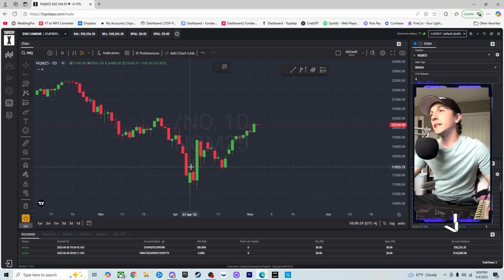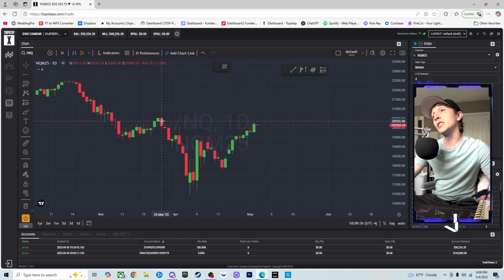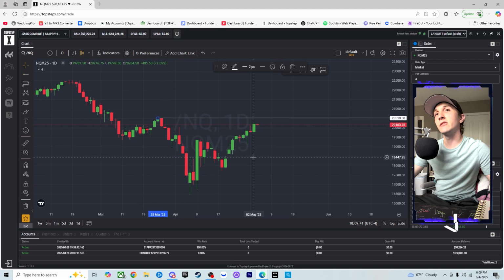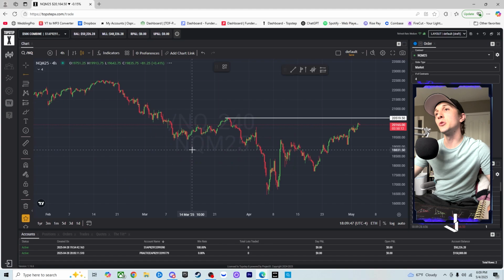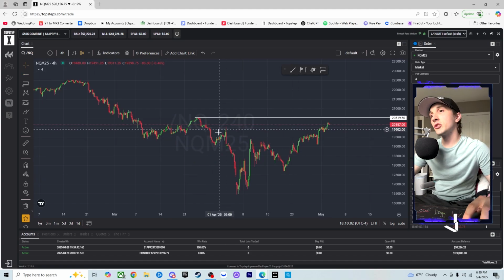So zooming out here on the daily time frame on NQ, we can see that clearly we had a prior top right over here in late March. Primarily, it looks like the top was around 20,520-ish. I'm going to go ahead and zoom in on the 4 hour, just get a little bit closer of a look here. So yeah, we just recently pushed over this little swing high here at the